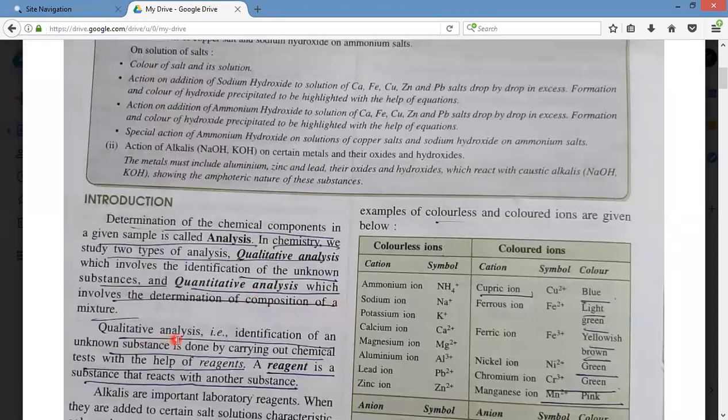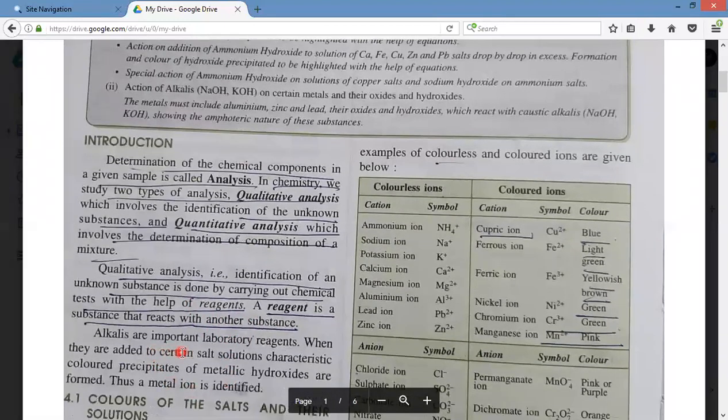Qualitative analysis is done in the labs when we treat an unknown substance with a particular chemical, which leads to a different or specific test for a particular ion. Mostly your reagents are alkalis, which are present in the lab and named as laboratory reagents. When we treat that alkali with a certain substance, it gives a specific test. And these specific tests are their identifying tests, by which we can identify a particular ion, whether it is